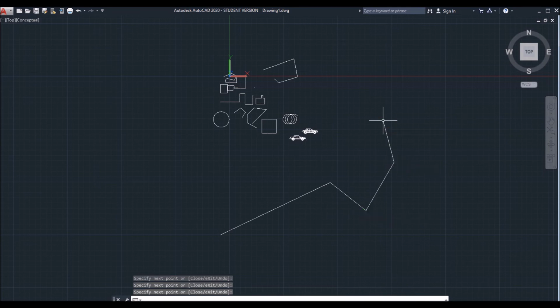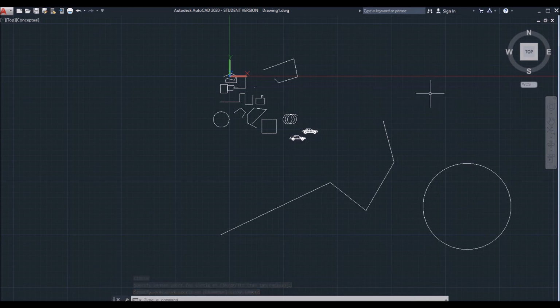So if you want to draw a circle, give the command as circle, C, enter. Like this you are going to draw the figures in the software if the tools are in hidden position. That is, if the screen is in clear screen, you must give the commands and draw the figures. So further you need to learn the commands.